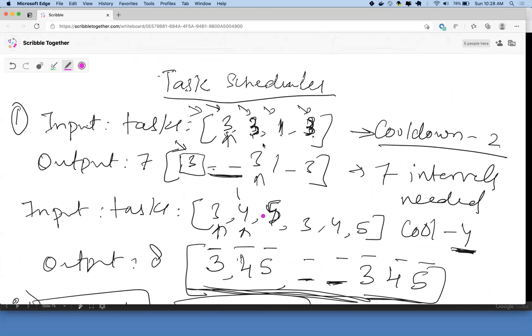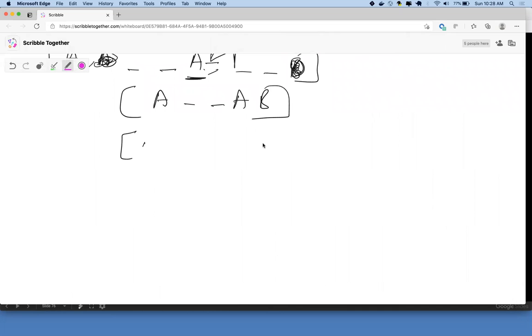So let's go back to the first example. Now I am confused. You have a pointer, right? Your pointer keeps on going forward. Initially, my pointer starts at 3, right? Oh, okay, now I got it. So you start from A, you run it, cool it down, then you put A.